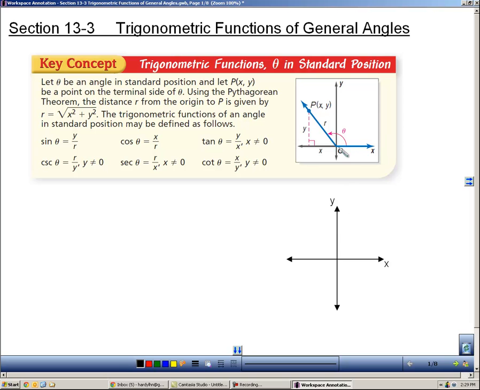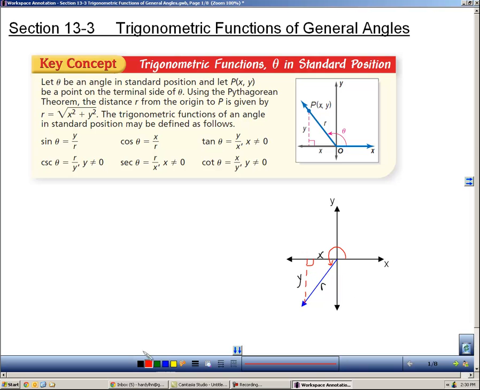If you take an initial side and you move it to a terminal side, you create a triangle. That triangle has values x, y, and r for its three sides. I want to use this down here to show you that it can happen whether the terminal side is in any of the quadrants. So here, if I put a terminal side down in the third quadrant, you can see that it still creates a right triangle. The terminal side is r, the radius of the circle. If you imagine a unit circle around this, the x value is still here, the y value is still here. So we could talk about sine, cosine, and tangent of this angle, of angle theta, as being represented by those